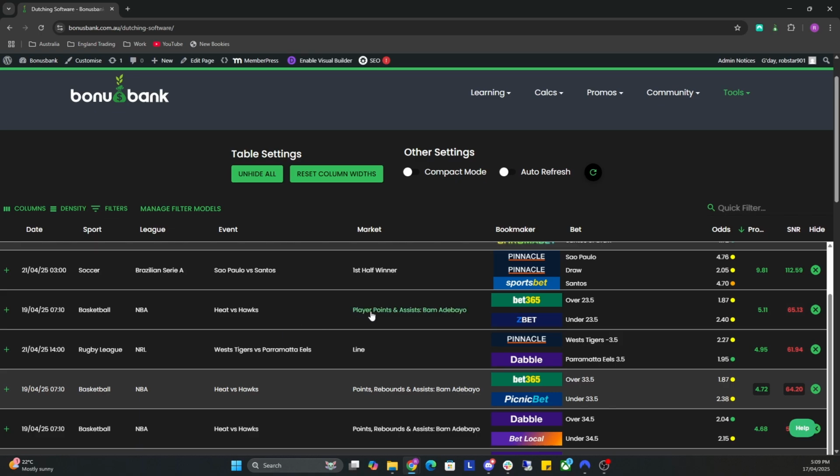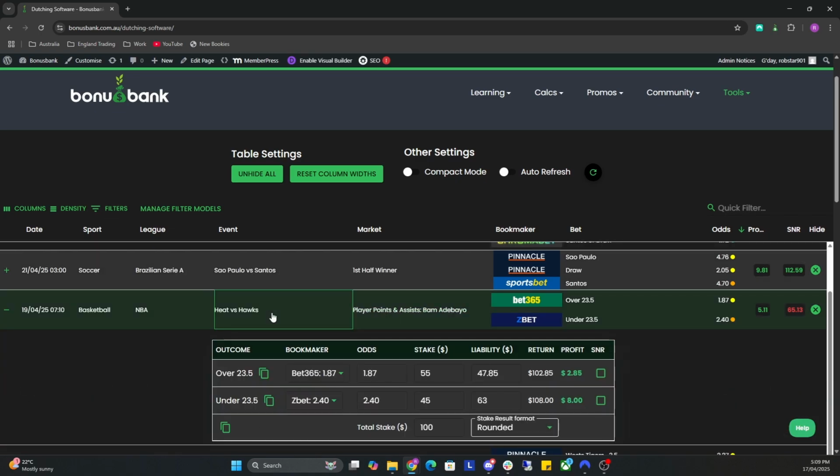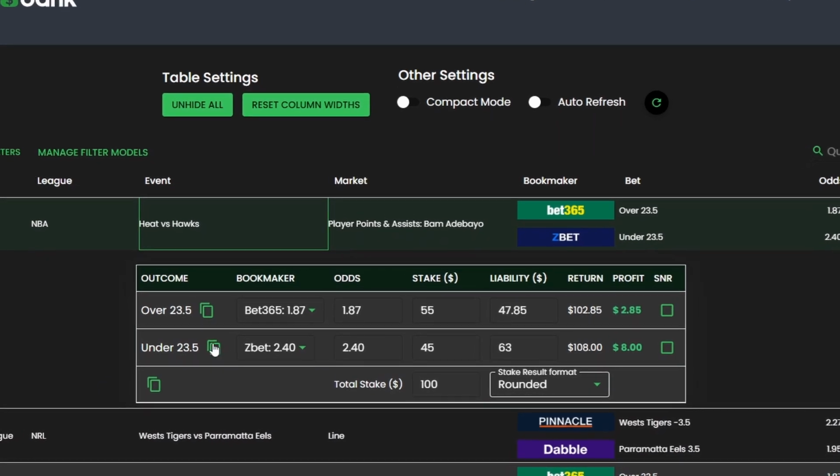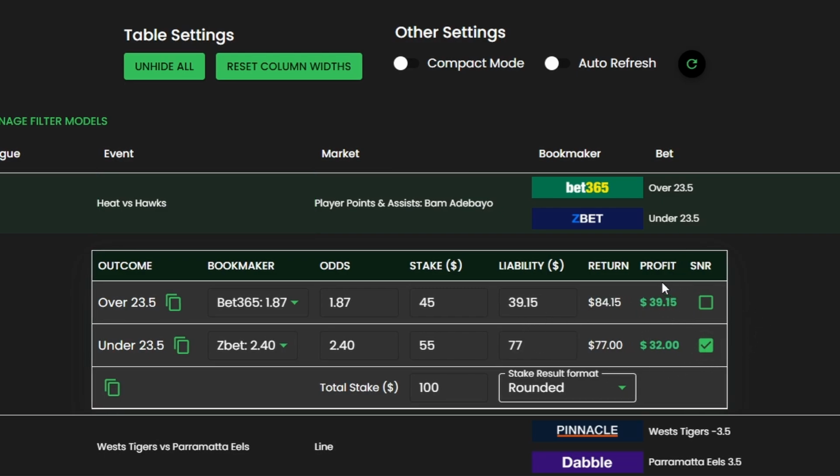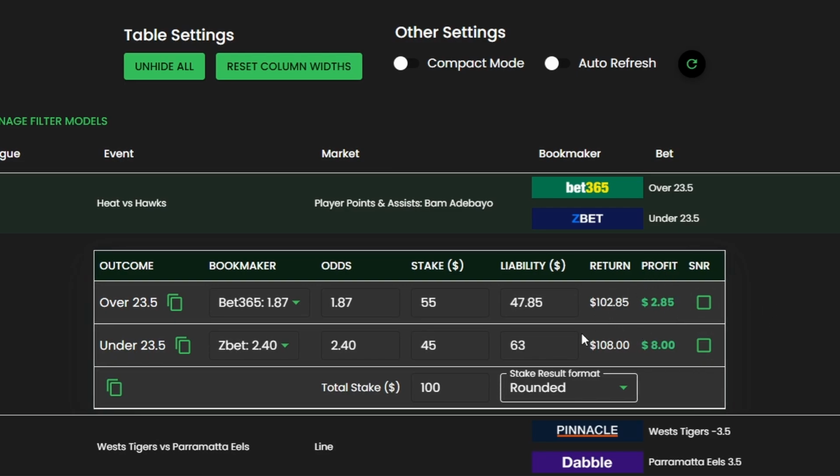So you've got Heat versus Hawks, and you've got player points and assists. So once you select that bet, it's going to bring up the calculator, and you've just got the outcome, bookmaker, odds, stake, liability, return and profit. And if you're turning over an SNR bet as well, you'd select the SNR value here, and that's just going to change everything accordingly. And when you first log into the Dutching software, your stake result format might be selected